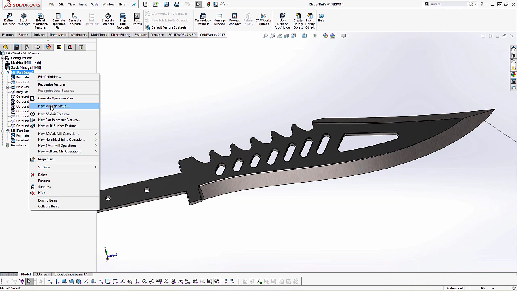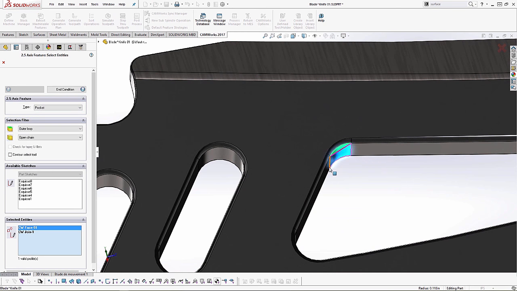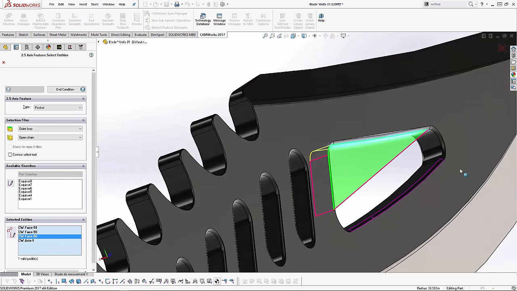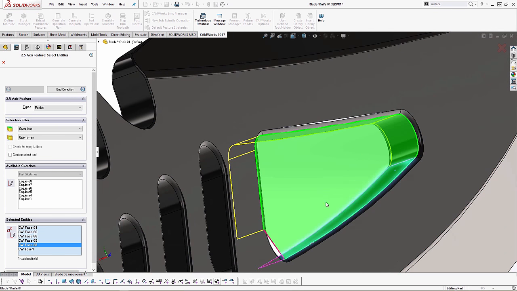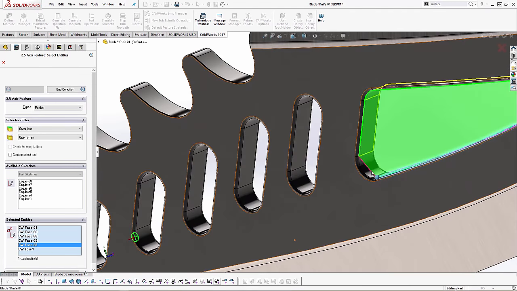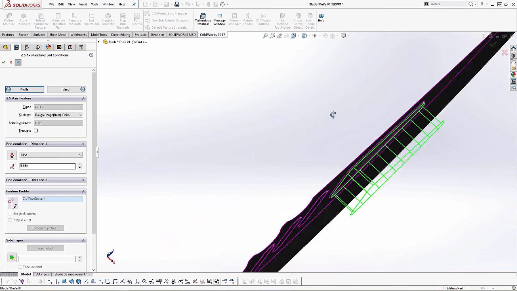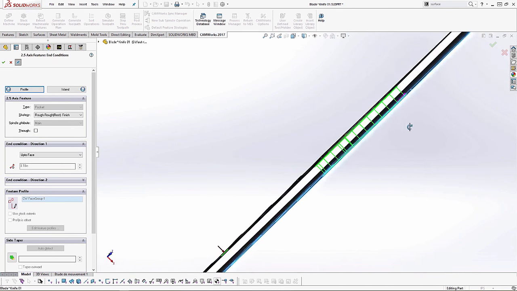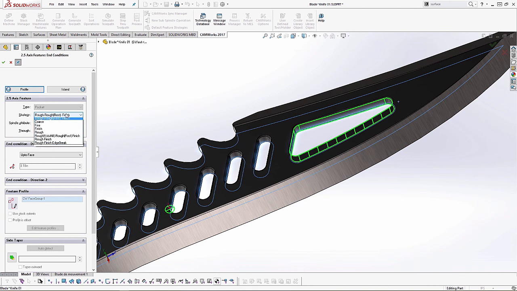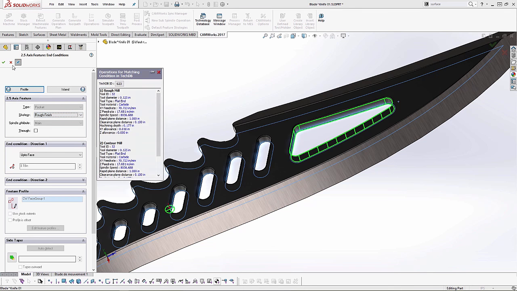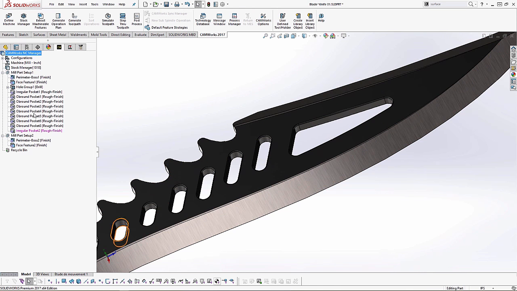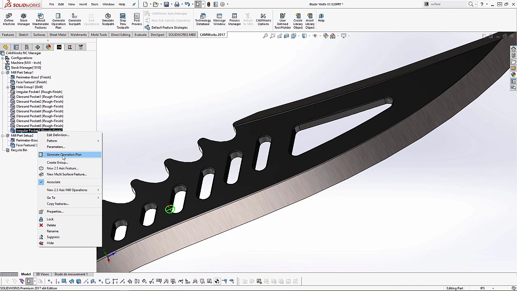We'll recreate one of these pockets. We'll set the depth back to the face, and we'll choose the rough finish strategy. So now when I run this through the database,